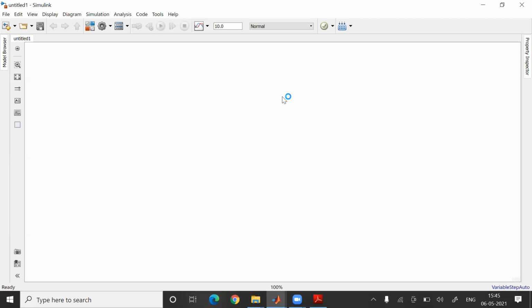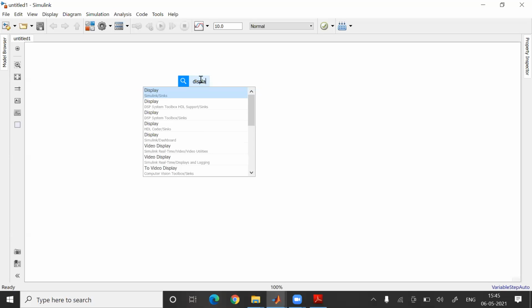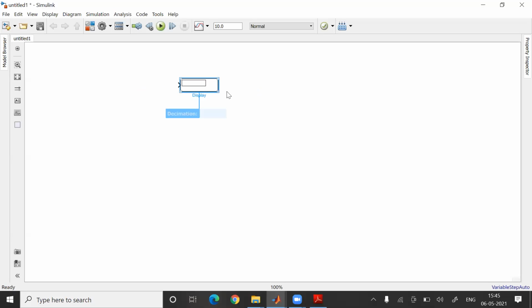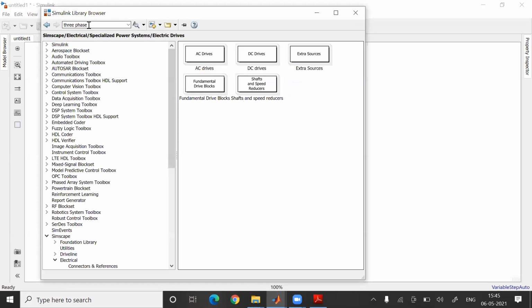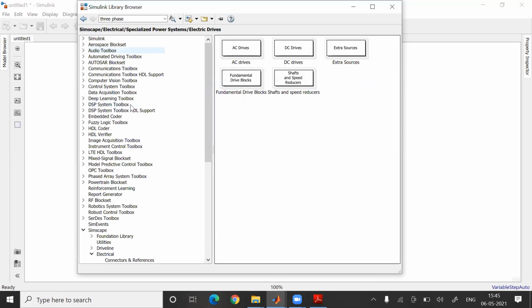Okay, this is a Simulink part where you have to simulate your entire design. I'm using the 2019 version. This is the advanced one where you could search by double clicking in this and you could get anything. You could have a display like this, you could search and get it from here. Else, the other standard terminology, in earlier versions: if you have an earlier version, you could access it from this.